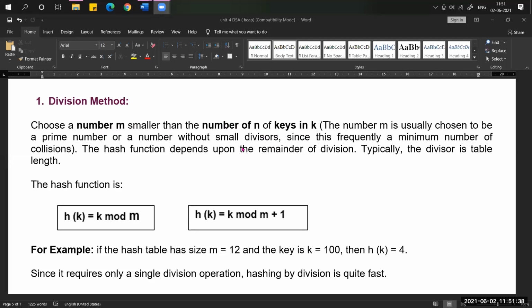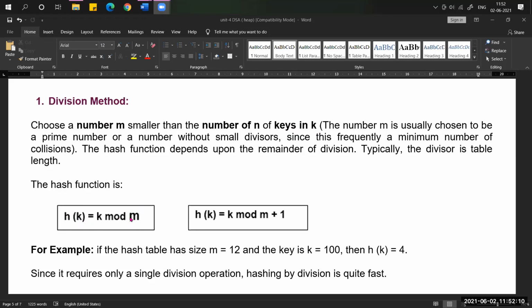How are you going to convert it? For that, there is a formula. H means the hash function. H of k, where k means keys, whatever data item or value we took. For example, h of k equals k modulus m.